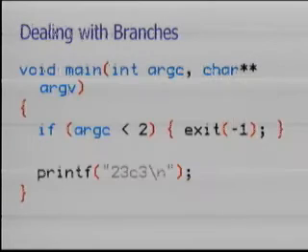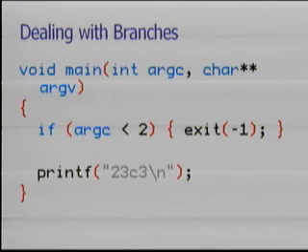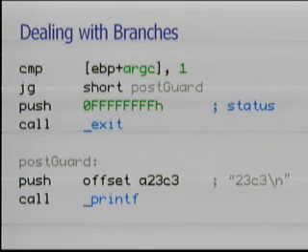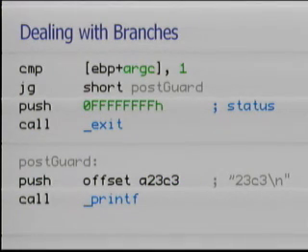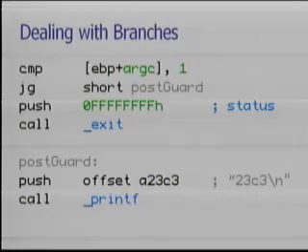So here's an example of just a little bit of C. If there are less than 2 arguments, you exit, and if not, you print 23C3. So if we take a quick look at this in assembly, I've edited out the instructions that don't really apply to the logic, like stack manipulation and whatnot. So in the first line, you're comparing argc with 1, and it says, if it's jump, then